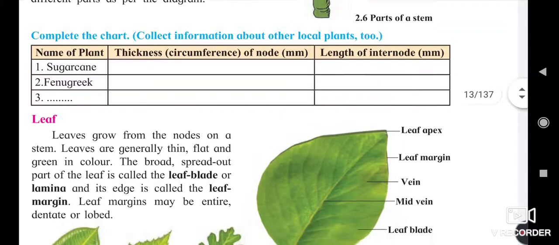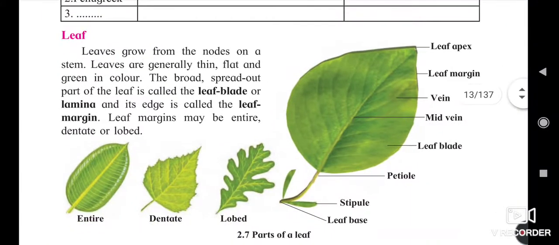After that, we have another structure of the plant, the leaf. There are many types of leaves of different plants.